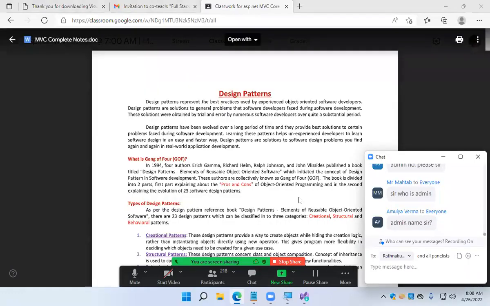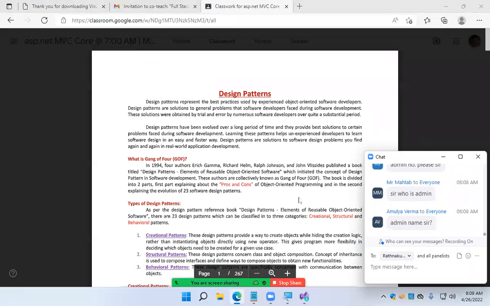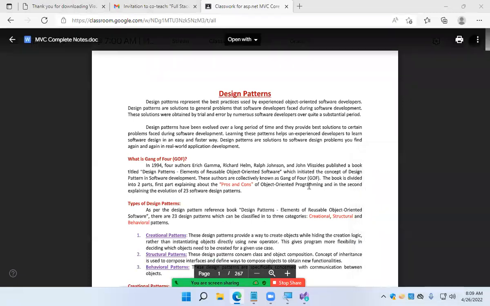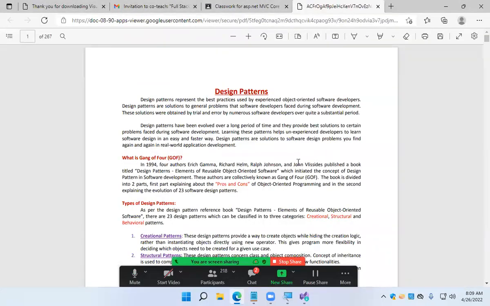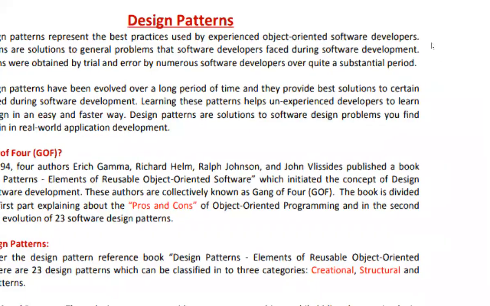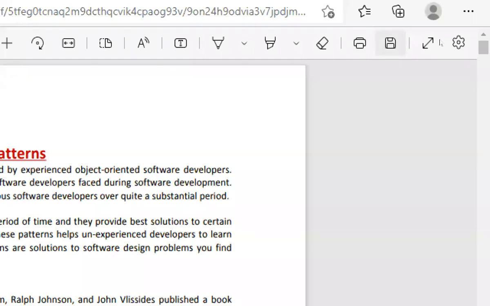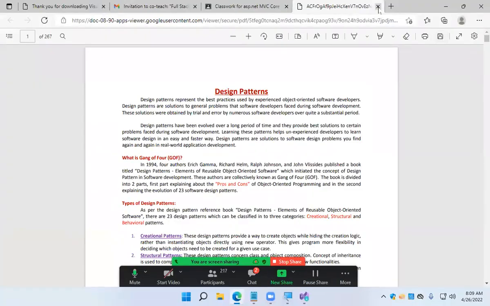The admin is Arvind. I'll give the numbers, guys, and you can contact him. So click on that, it opens, and here you will have a print option. When you click on print, it opens in a new window and you can save it, but it saves in PDF format, so you cannot edit it.